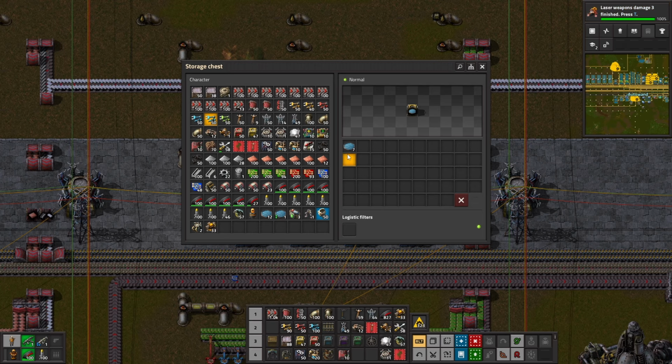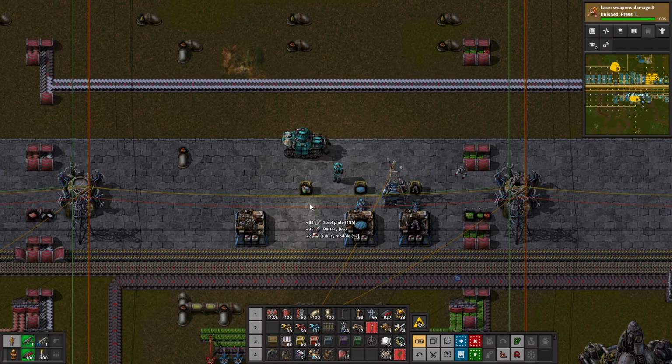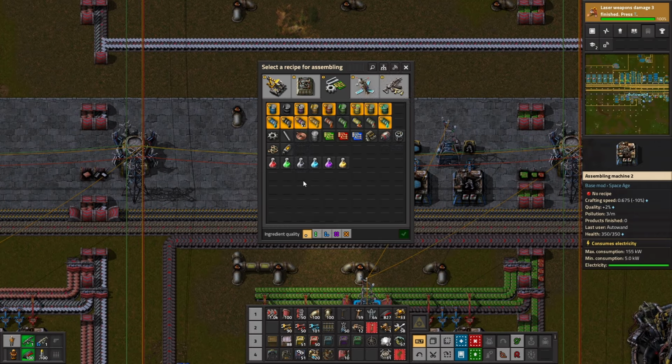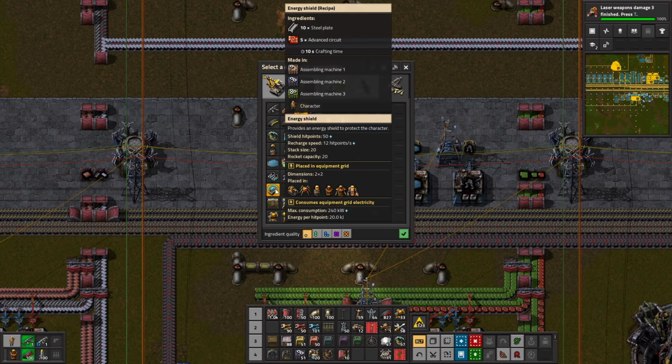Okay, so I'm gonna need a bunch of these. That's all that I needed of the batteries. I don't think I'm gonna need anything else. I could make some energy shields. I don't think I'm gonna have room for them though, so this...